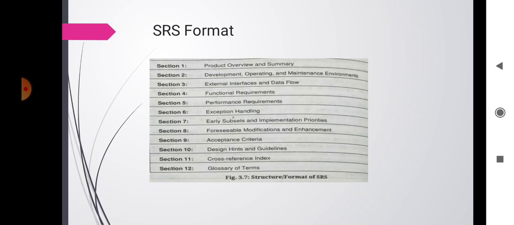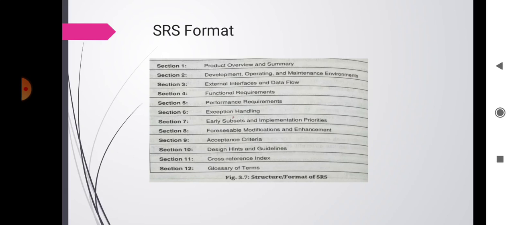It uses some natural language, graphical representation, mathematical models, some scenario, prototyping models, and any other combinations of some to describe the software to be developed. And there are some standard templates for presenting requirement specification in a consistent and more understandable manner. Here, the SRS document should be well structured, and well structured documents are easy to understand and